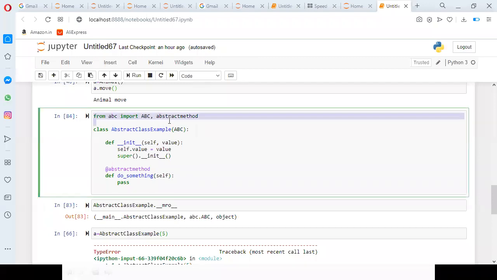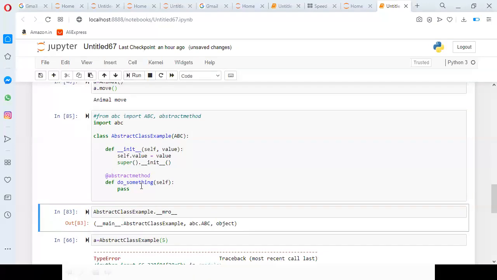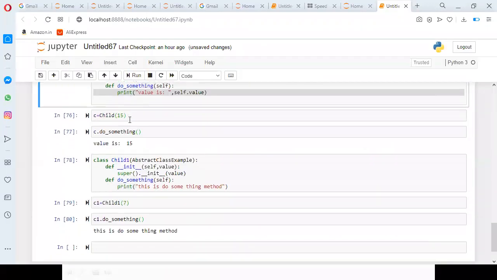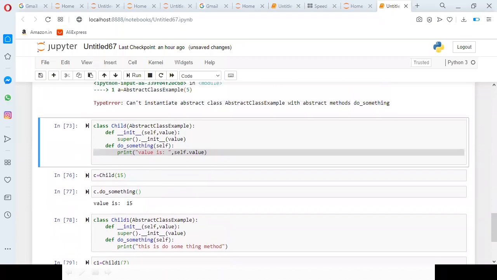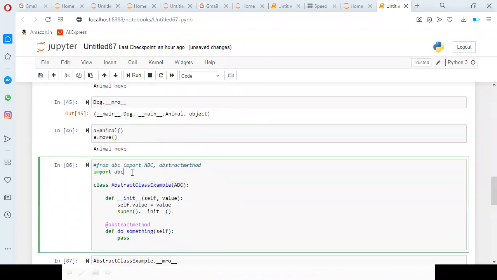But I don't want to import the whole library. If I write import abc, it executes, but it imports all the classes available in the abc library.